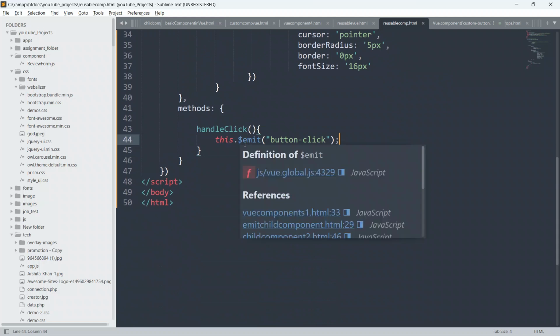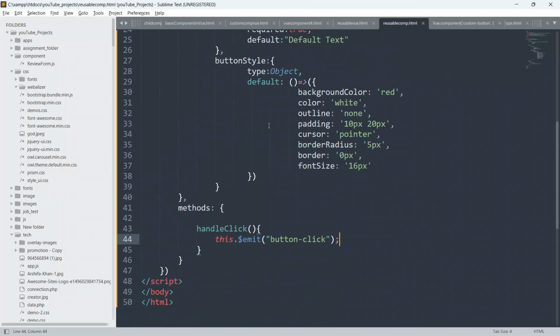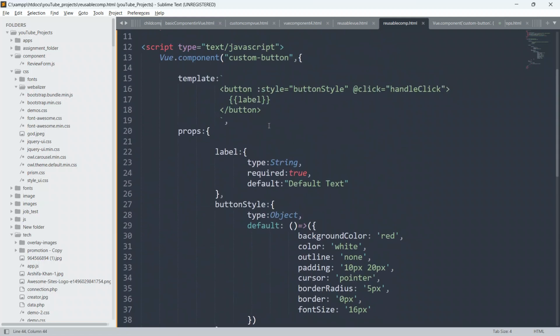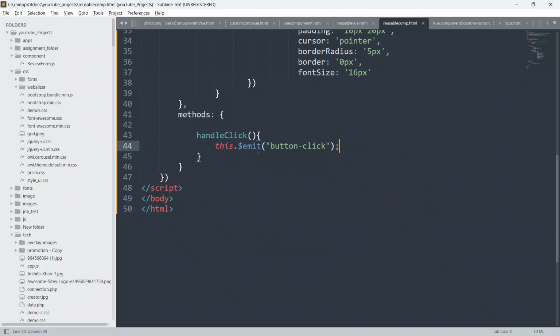By using emit, a child component can send data, can send a signal, or can establish communication with the parent component. And then two-way communication happens.